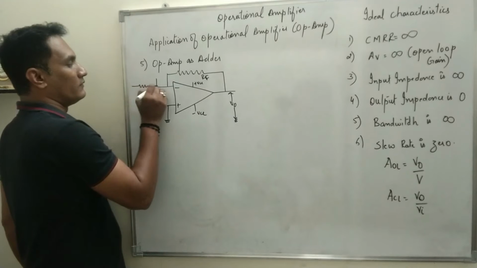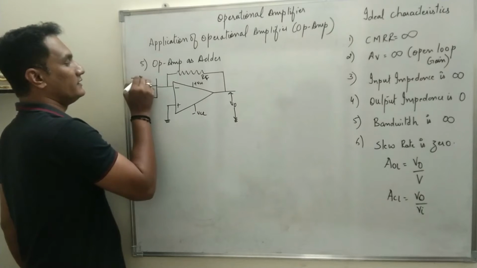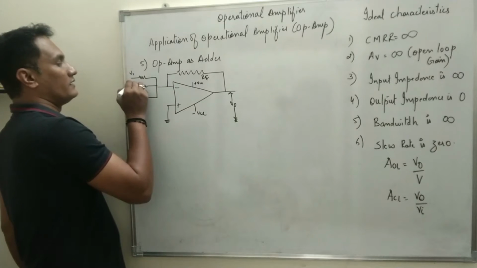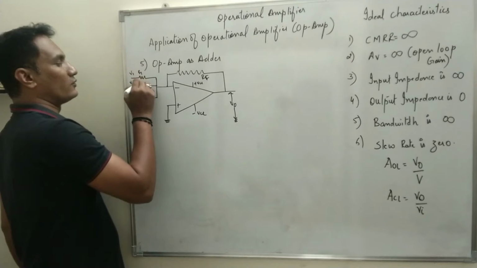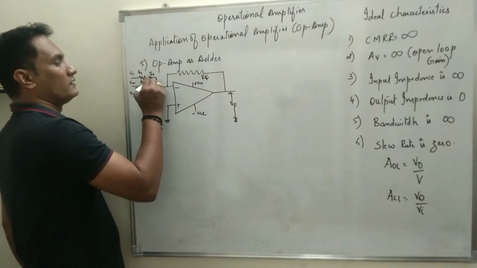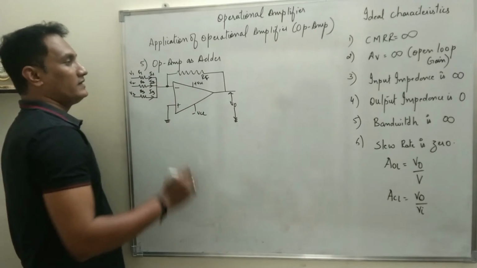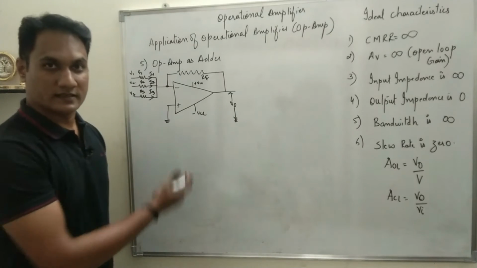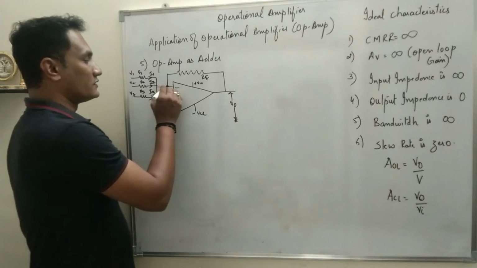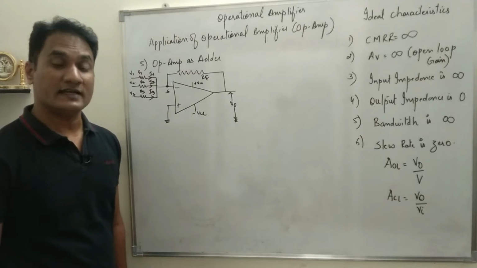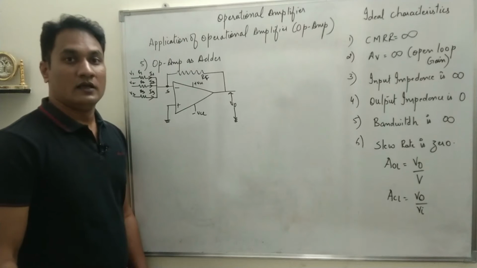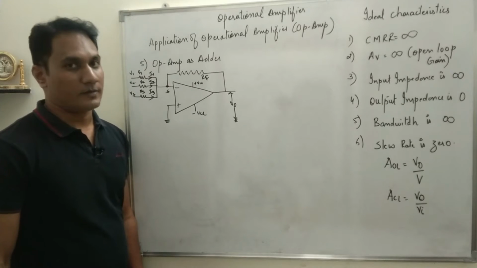of one input we are providing 3 inputs to the inverting terminal. Let's say the voltage is V1, V2, V3 applied through R1, R2, R3, and when this happens the current will be I1, I2, I3. As the op amp is connected in inverting mode, you can see the circuit diagram, right? Non-inverting terminal is grounded, input is applied to the inverting terminal. So this point is summing point, and summing point is at virtual ground. Keeping all this in mind, we will obtain the output voltage equation for op amp as adder.